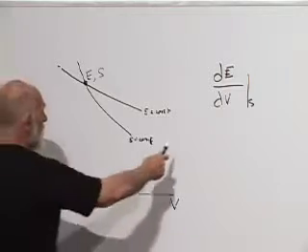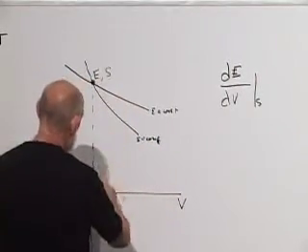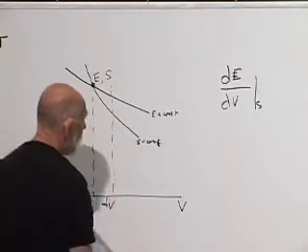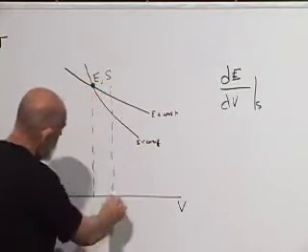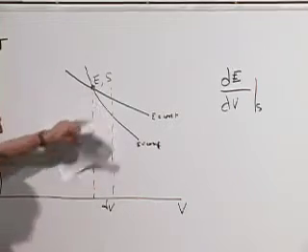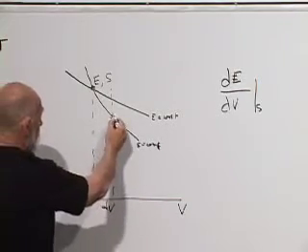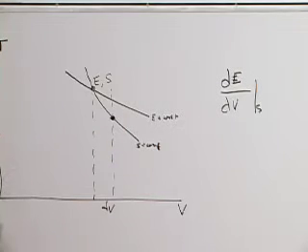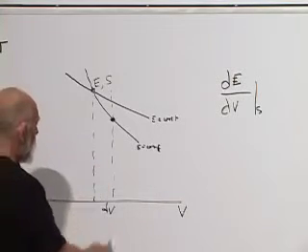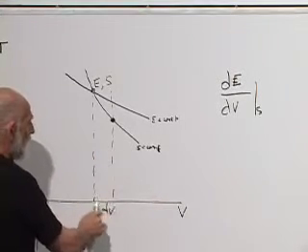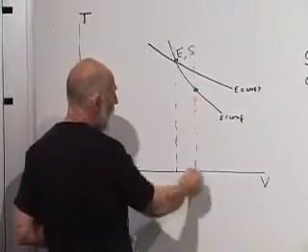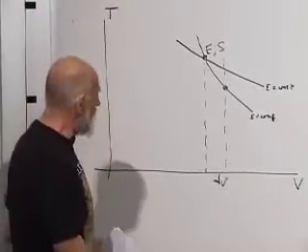All right, so what are we computing here? Let's take a differential change in volume, dV. This is the change in energy when I change the volume a little bit, keeping the entropy fixed. So it's the difference between the energy at this point and this point. Is that clear? If that's not clear, we might as well not go any further. The rate of change of energy when we change the volume a little bit is the difference between the energy here and the energy here, divided by dV.